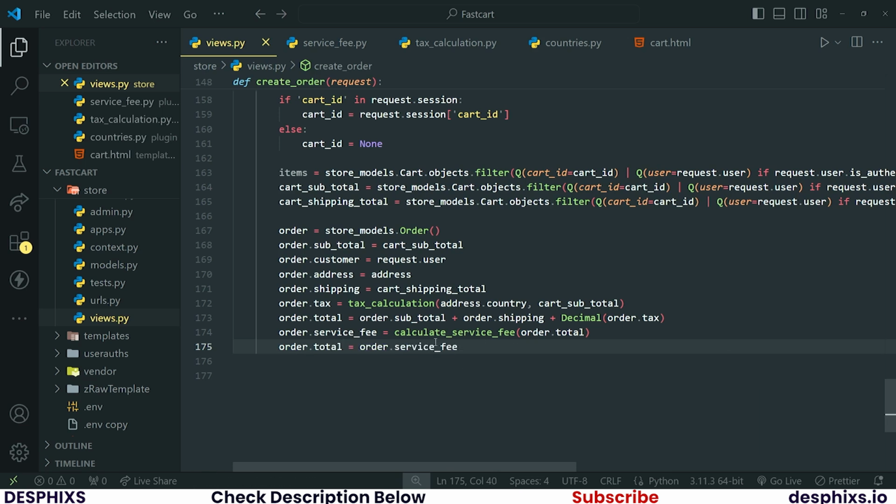I know that we added total over here, and over here we are re-adding total. That is because the sake of adding this total here was so that we can grab the processing fee and process it. Then after the processing fee or the service fee has been created, the order total will still not match up, because it was created here, then the service fee was created here. So you need a way to update the order total, and that was why we did this, adding the order service fee. And if for any reason you're familiar with Django or Python in general, you should know that we